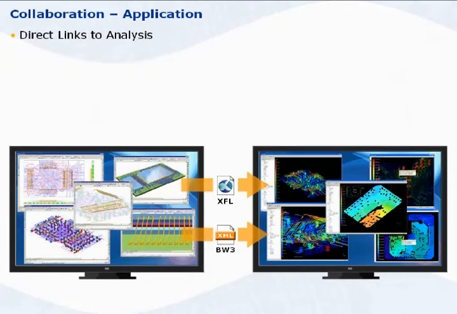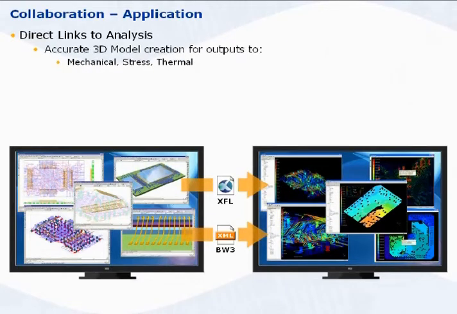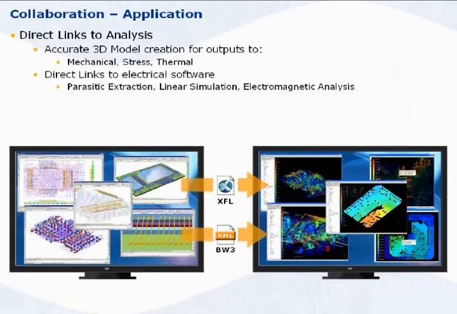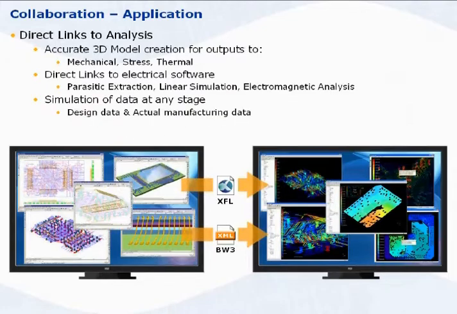The virtual engineering system supports such transfer of information by specifying native formats using accurate 3D data models for all output to mechanical, stress, and thermal simulation systems. The direct links also allow transfer of design information to most popular electrical simulation programs for parasitic extraction, linear simulation, and electromagnetic analysis. Finally, the links are capable to output intelligent information at any stage of the design or manufacturing